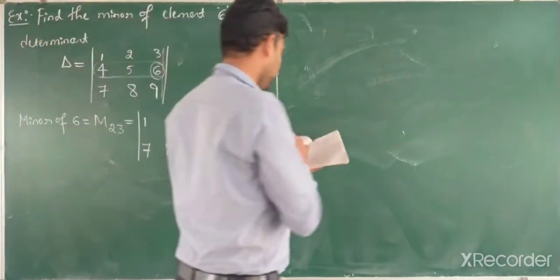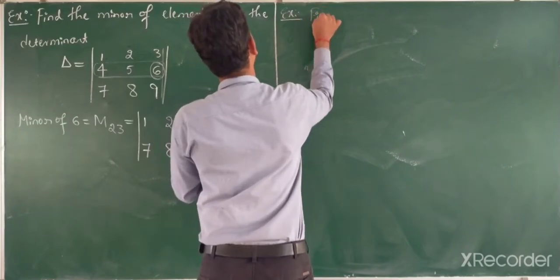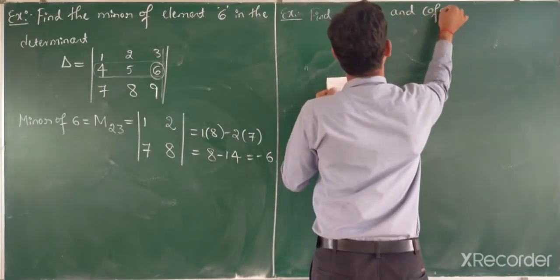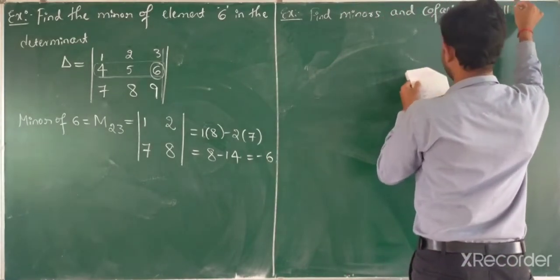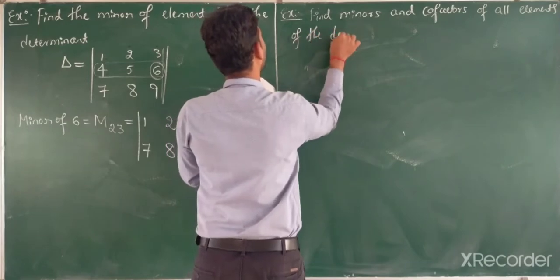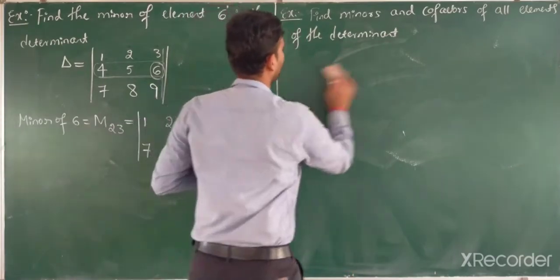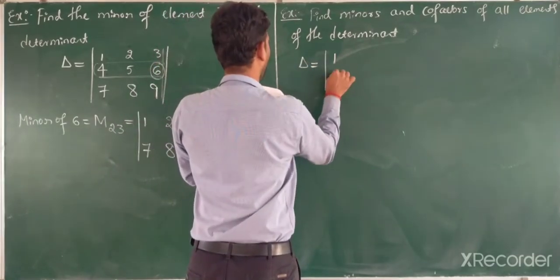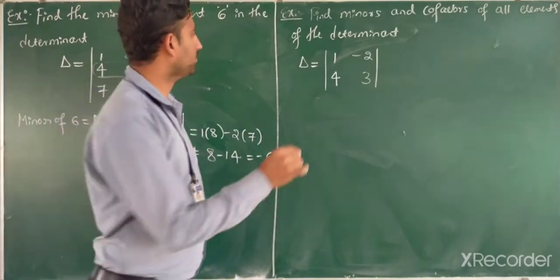After that, example: find minors and cofactors of all elements of the determinant delta is equal to 1, 2, 4, minus 2, 3. Solution: